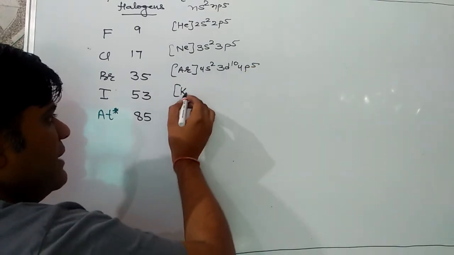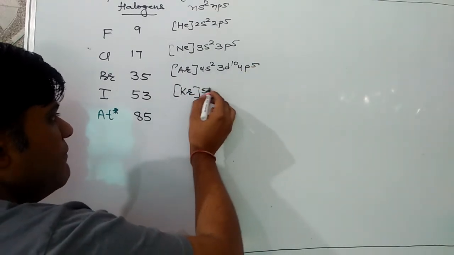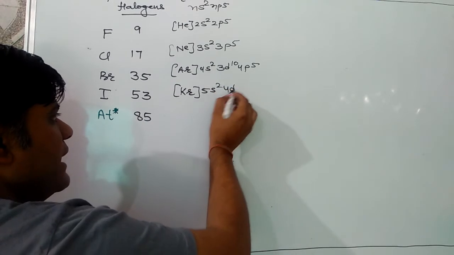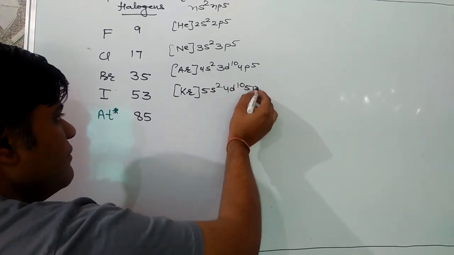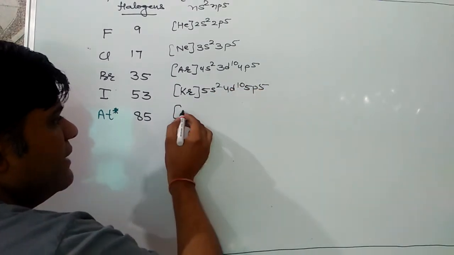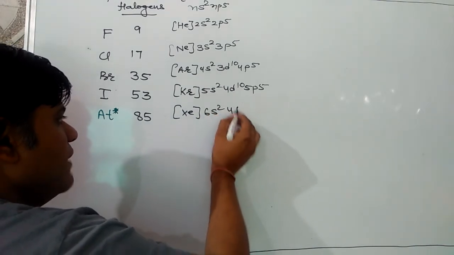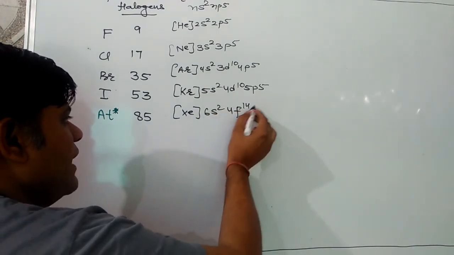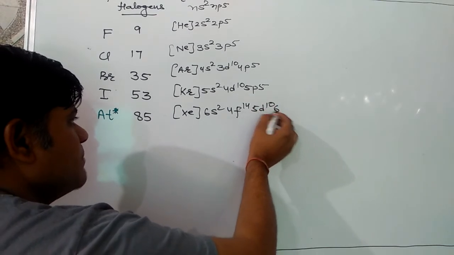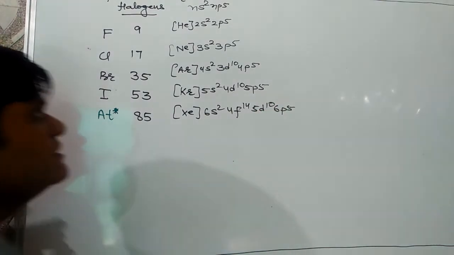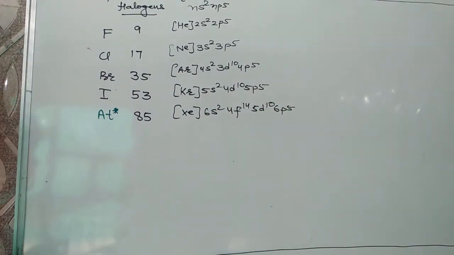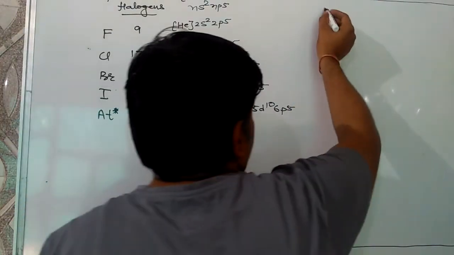For iodine, krypton 5s2 4d10 5p5. For astatine, xenon 6s2 4f14 5d10 6p5. Now the last group of p-block elements, that is group 18 elements,